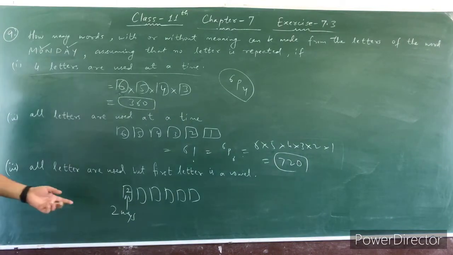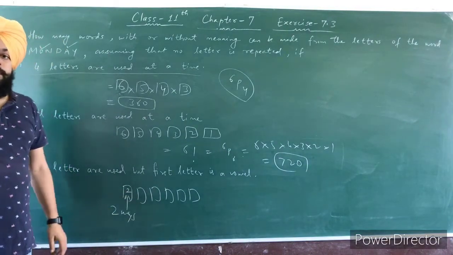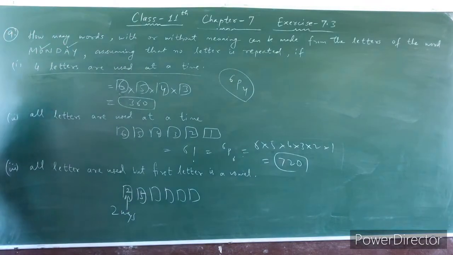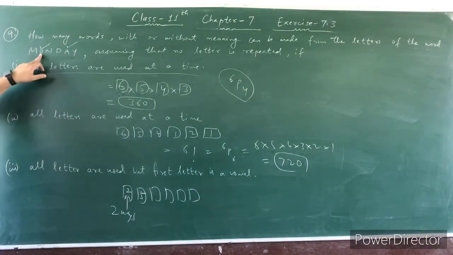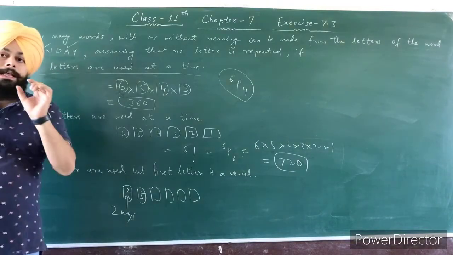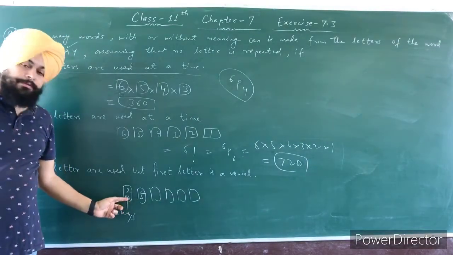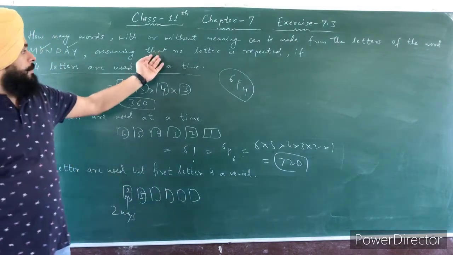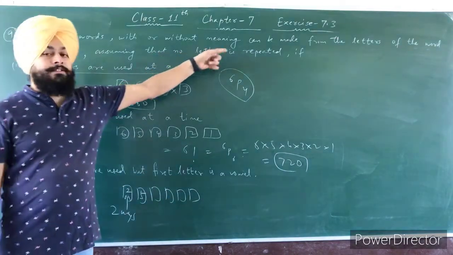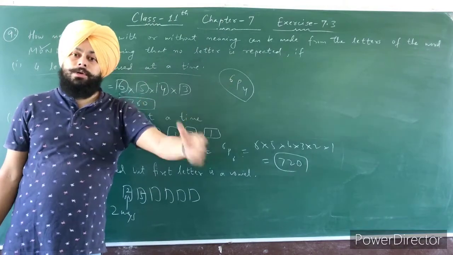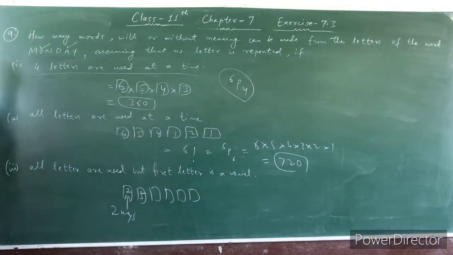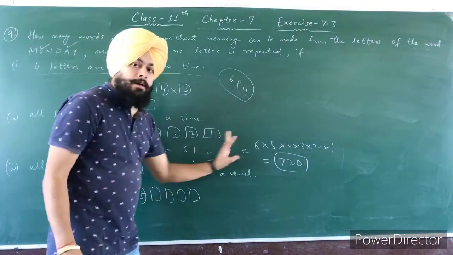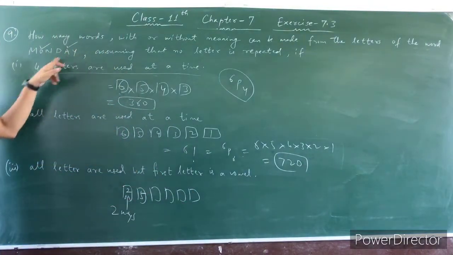In the next box there are how many chances? There are 5 chances. Why 5? Because suppose you have to put O and A, you can take any letter. Suppose you have to put A here, then is A repeated again? No, because the condition is already given at the start: no letter is repeated. So if you have to put A, then A is not repeated again. Then there are a total of 6 chances.